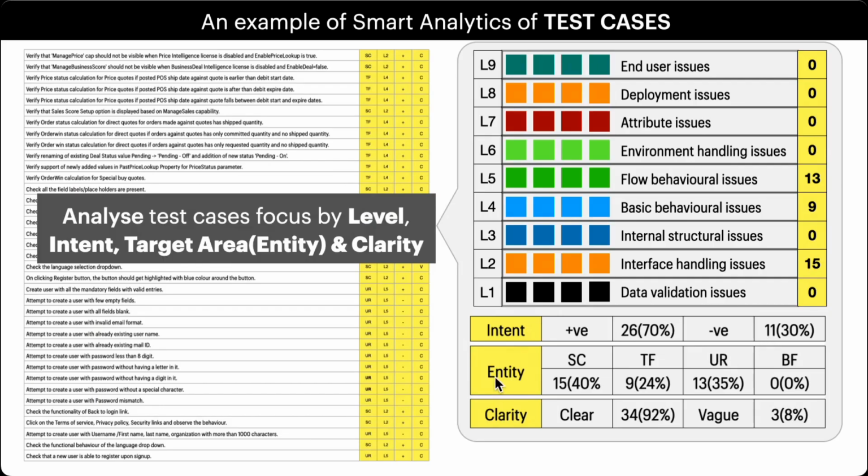And by the same token, when you look at entity, by reading the scenario, I'm trying to infer that about 15 of them, which is about 40%, of the test cases or scenarios are primarily focused on validating only a structural component. Whereas about 13 of them, a little over 1/3, is about user requirements.